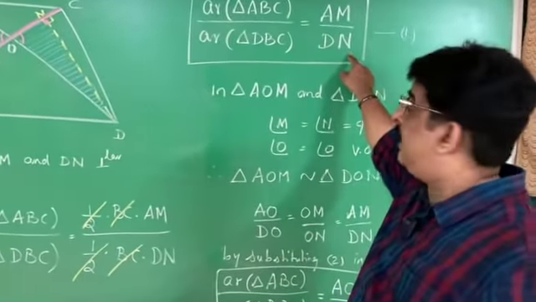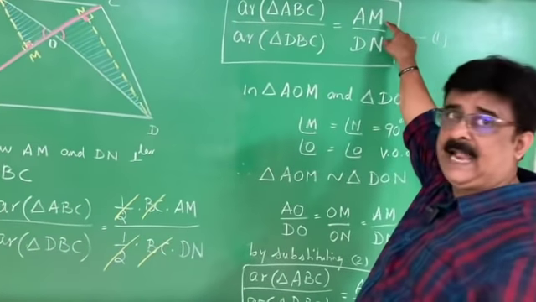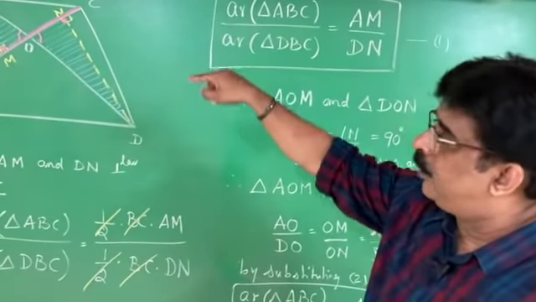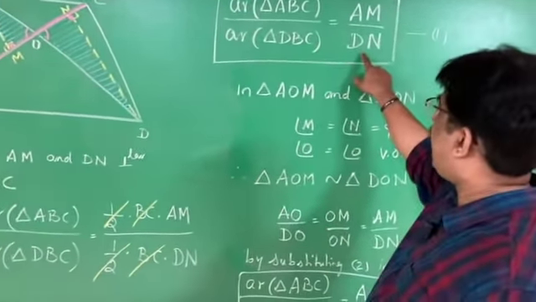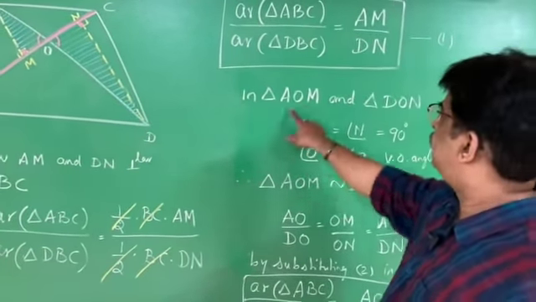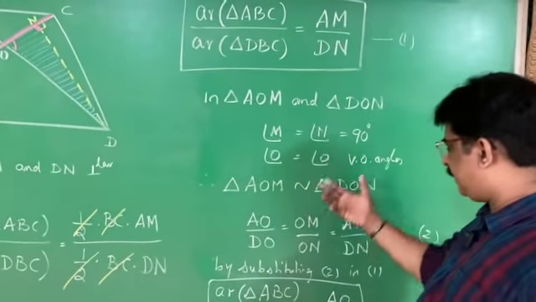He doesn't want AM by DN. He wants AO by DO. Therefore, I select a triangle in which AM and AO are the sides. That is AOM. And I select a triangle in which DN and DO are the sides. That is DOM. Select those 2 triangles, prove them similar, and their corresponding sides are in the same